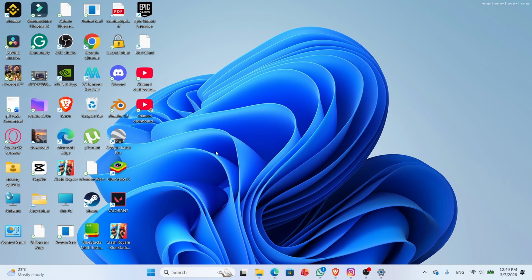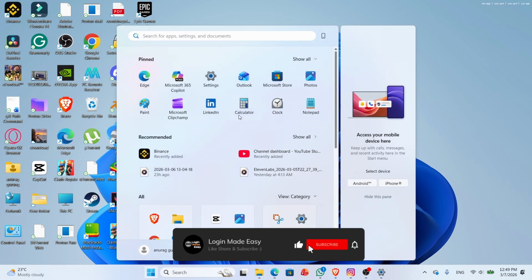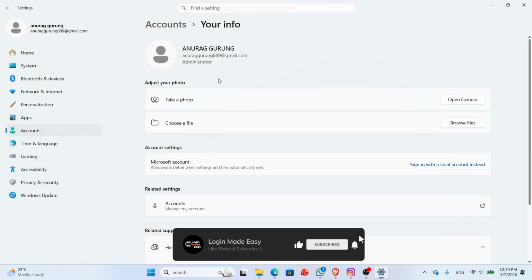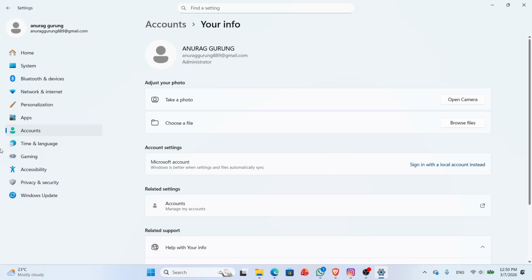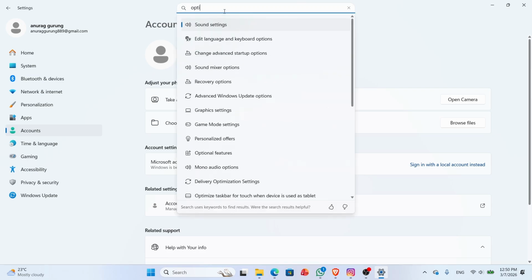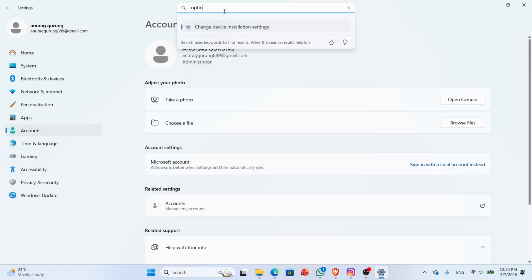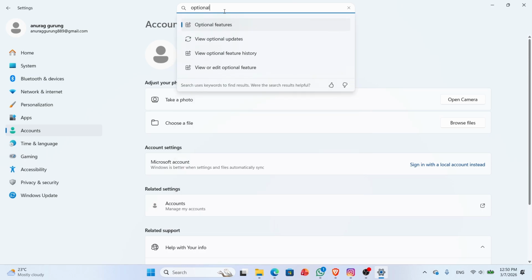So here, first things first, click on the start button and from the pop-up menu, just click on settings to open the settings. And now here, once you're inside the settings section, you can click on the search bar at the top, and there you can simply type optional feature. So here simply type optional feature, and once you search for it, on the search result, you can just